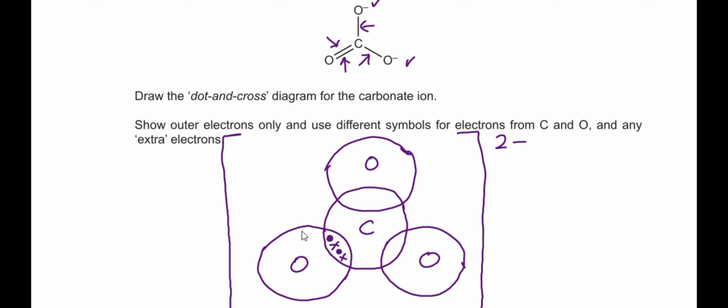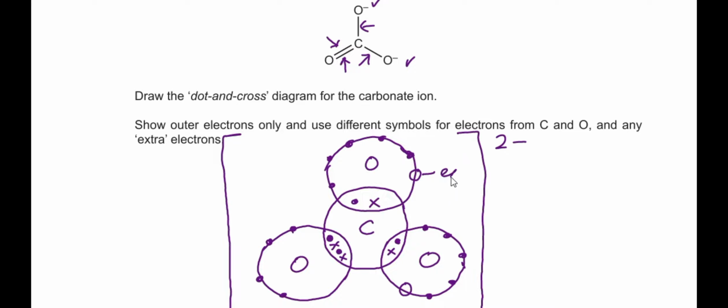As oxygen has got 6 electrons on the outer shell, let us draw the remaining 4 here. 1, 2, 3 and 4. Same is the case here as well. 1, 2, 3, 4 and 5, because only one dot is used from the oxygen here, one cross from the carbon, one dot from the oxygen here and one cross from the carbon. 1, 2, 3, 4 and 5. These 2 oxygen atoms have an extra negative charge on them, so we should mark one extra electron here and here